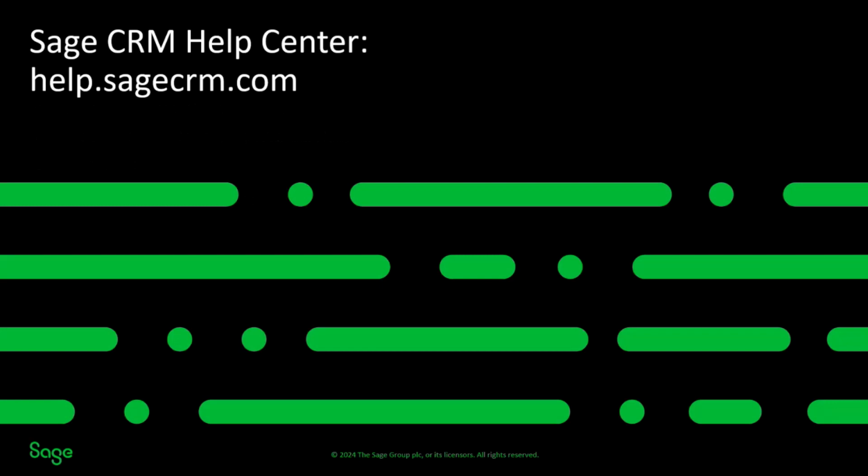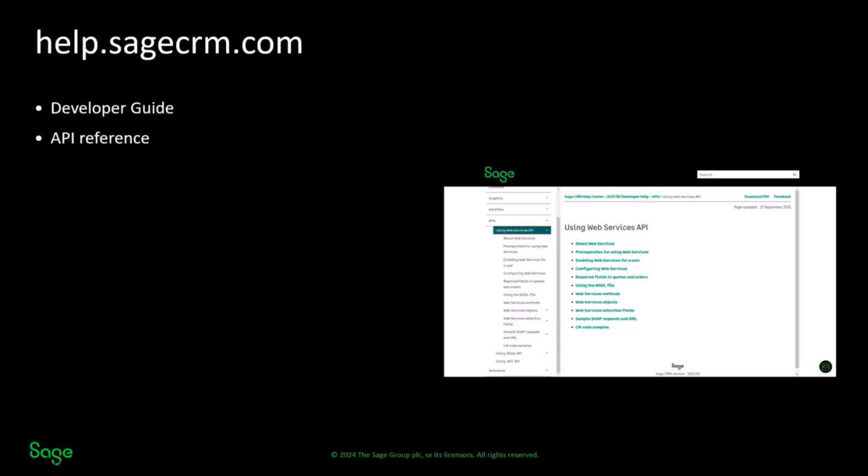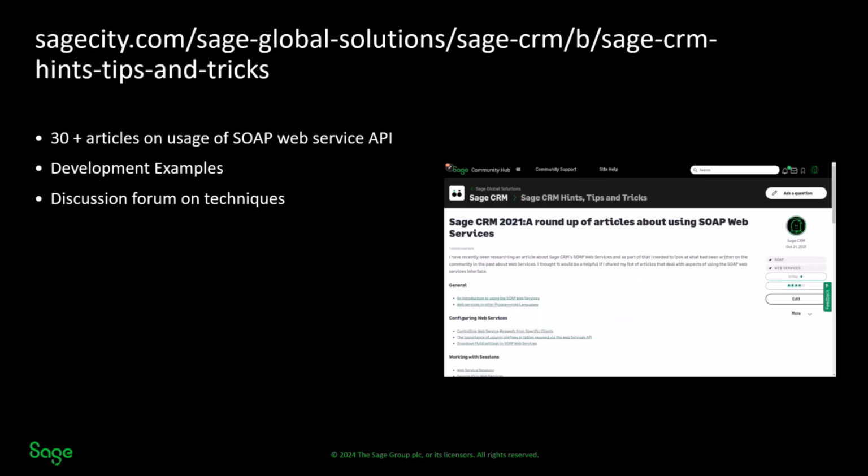And our first port of call really is to make sure that you know that you can always go and get the information for the API and details of its usage on help.sagecrm.com. Within the help area, you need to look for the developer guide, and it's within the developer guide that the API reference can be found. It itself will point to other additional resources showing snippets of how code can be written,